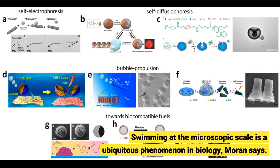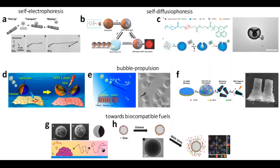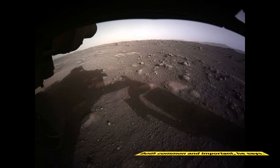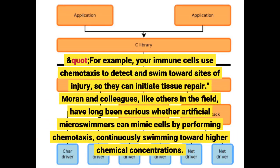Swimming at the microscopic scale is a ubiquitous phenomenon in biology, Moran says. Lots of cells and microorganisms, such as bacteria, can autonomously swim toward higher or lower concentrations of chemicals that benefit or harm the cell, respectively. This behavior is called chemotaxis, and it's both common and important, he says. For example, your immune cells use chemotaxis to detect and swim toward sites of injury, so they can initiate tissue